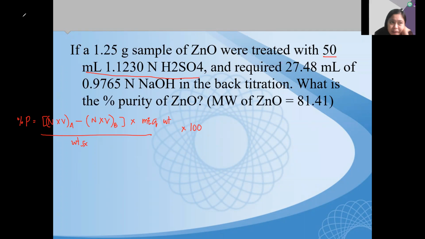Again, para hindi kayo malito, kung anong una dyan, ano yung A, ano yung B, sa acidimetry, the first titrant is an acid. And as you can see, indeed, sulfuric acid is an acid. And then the second titrant is a base. And yes, we have here the sodium hydroxide. Do not forget that. So for the first titrant, the normality is 1.1230